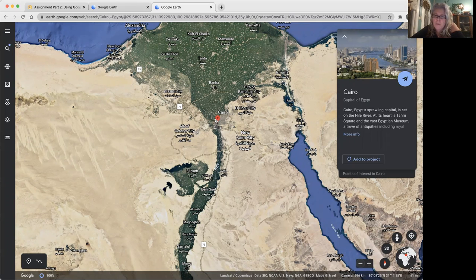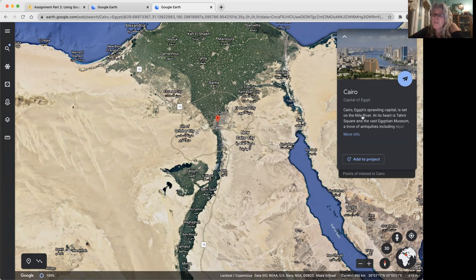The pen drop is this little red location icon. And you'll see in the bottom corner, you'll see 30 degrees, 8 minutes and 25 seconds north, 31 degrees, 13 minutes and 40 seconds east. Those are the coordinates you're going to put down for number 1, Cairo, Egypt. Those are your coordinates down here in the corner.